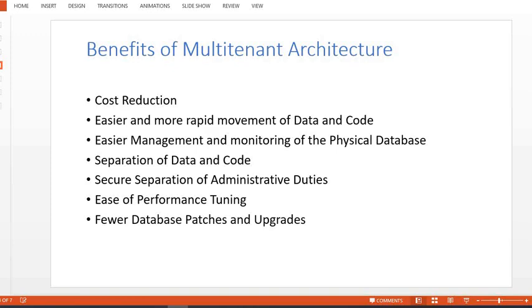Before we can discuss the benefits of multi-tenant architecture, we need to understand what challenges we had prior to 12c when you have a non-CDB database. Normally you would create and host one database in one server. Now we're getting very powerful servers, with a lot of CPUs, a lot of memory, and faster disk